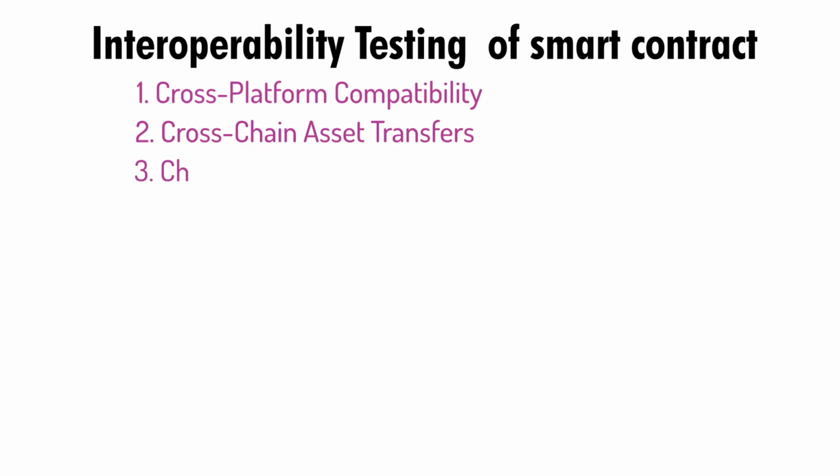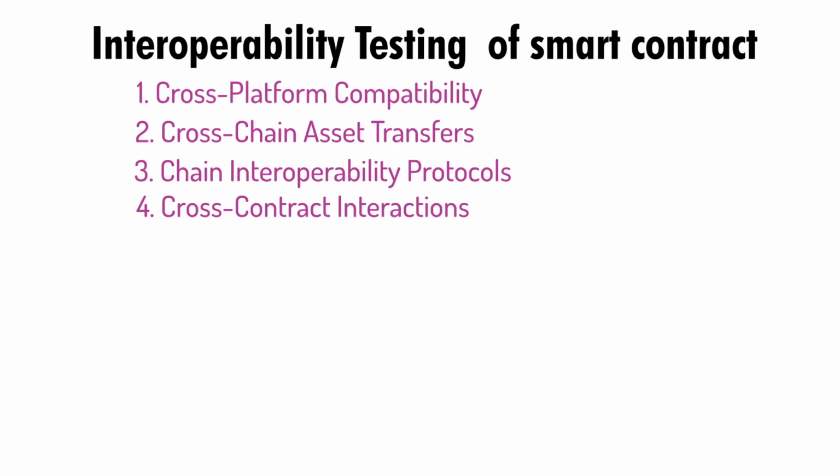Chain interoperability protocols. Test the contract's compatibility with specific chain interoperability protocols like Cosmos, Polkadot, etc. Verify that the contract can interact with other chains using the defined interoperability standards, allowing seamless communication and data exchange. Cross contract interactions. Test the scenarios where the contract interacts with other smart contracts deployed on different chains or platforms. Verify that the contract can invoke functions, exchange data, and process transactions within these external contracts, ensuring interoperability across